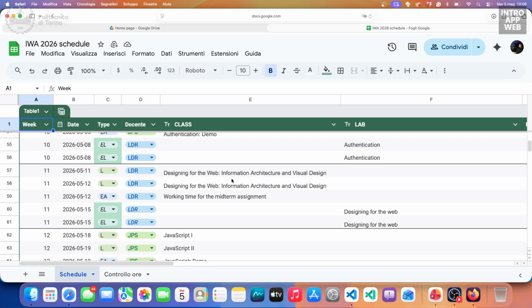As I told you before, it is super useful for the midterm assignment because Professor De Russis will give you some formal guidelines on how to deal with the fonts, with the colors, with the spacing, with the typography. So it's something that I'm willing you to integrate into the midterm assignment. Of course, since the midterm assignment is here, I'm not expecting you to integrate all of that because